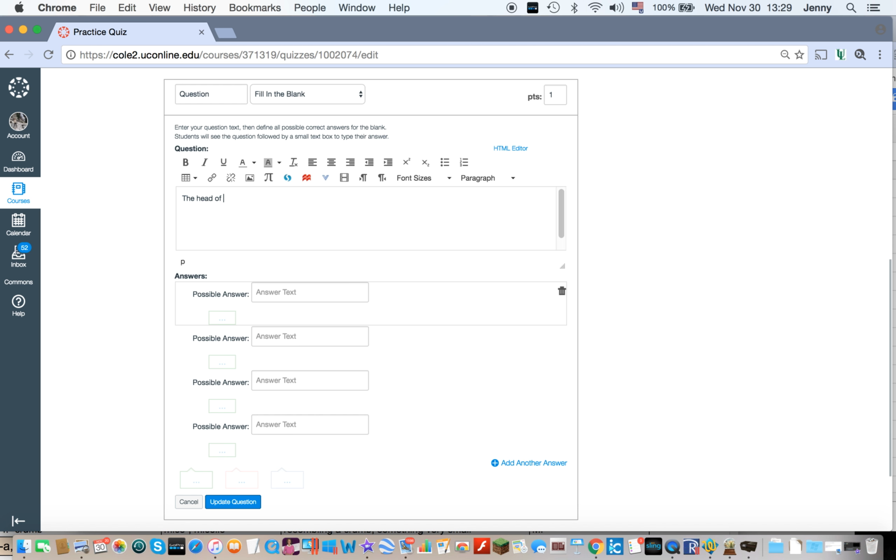The head teacher of Gryffindor is, and then you can make a little underline blank, or you can just leave it like that. And now we're gonna put possible correct answers. These are all answers that you would accept. So I would accept McGonagall,